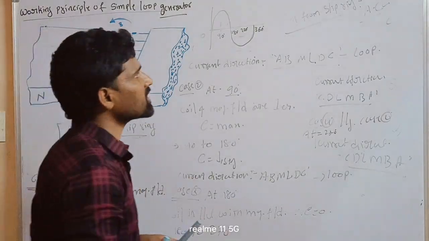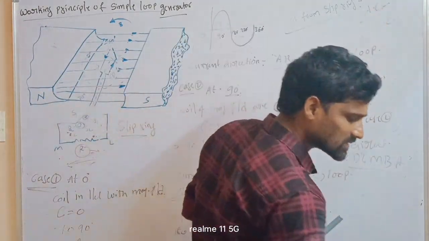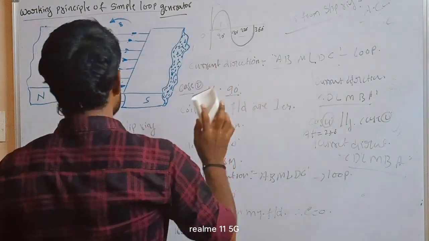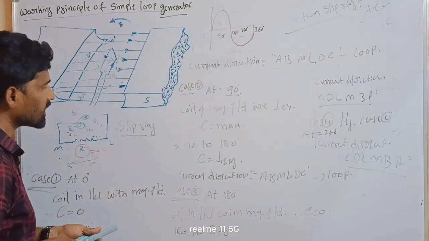So then what should we do? We convert the AC generator into a DC generator. What should we do? We can just change the slip rings,